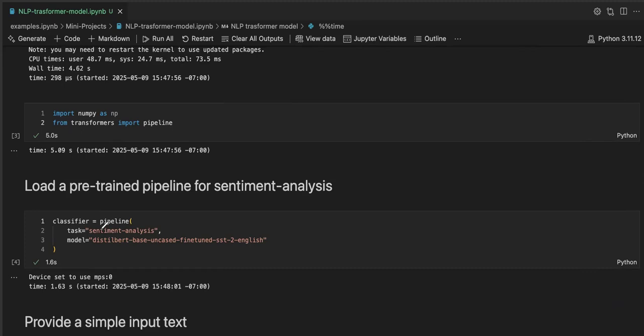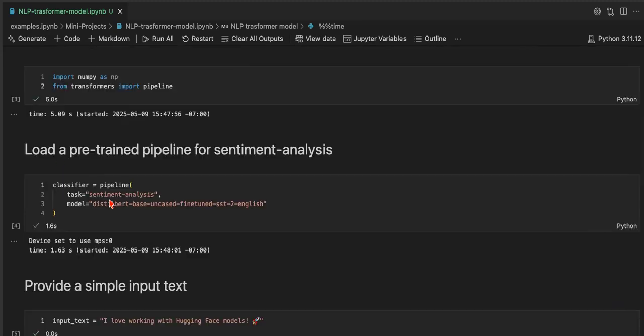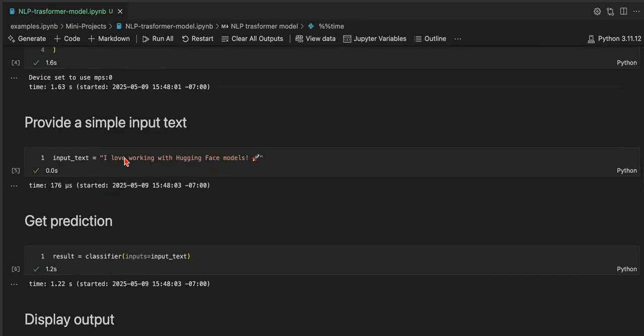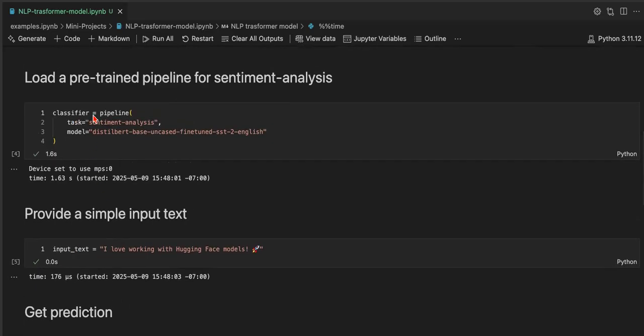From here, we go to a simple text. I picked "I love working with Hugging Face models," which is the text I picked. You can also see that I have a markdown rocket. I'm using emojis, as you can call them, and here I'm using a rocket, a launching rocket. Once I pass this text to my classifier, which has been configured here from a pipeline,